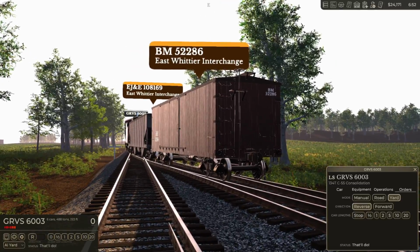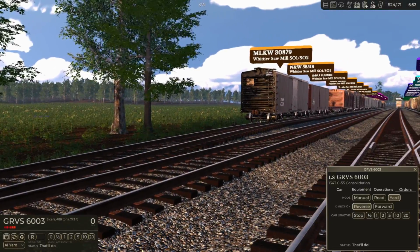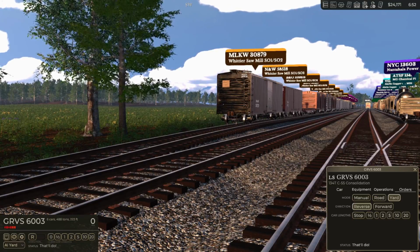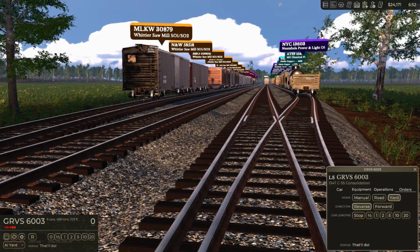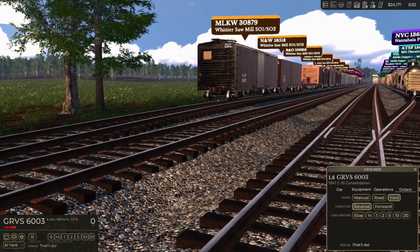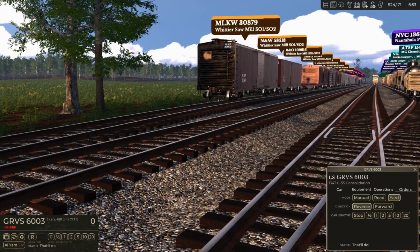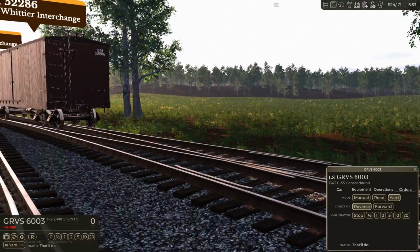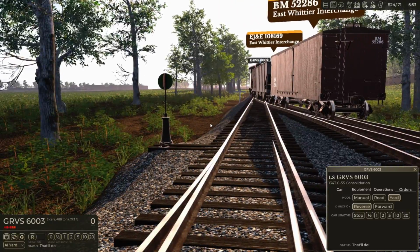So let's go ahead and grab up from this line all the Whittier cars, and we'll pull ahead all the Snowbird ones as well. We get them up to a convenient spot and break the train and back all the Whittier cars on track 2. So, without further ado,